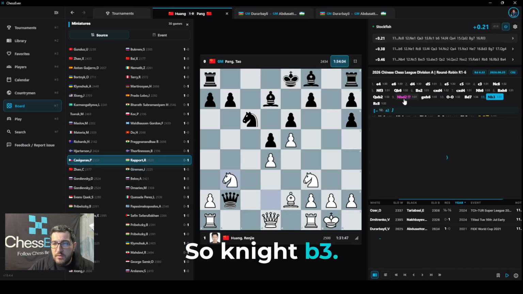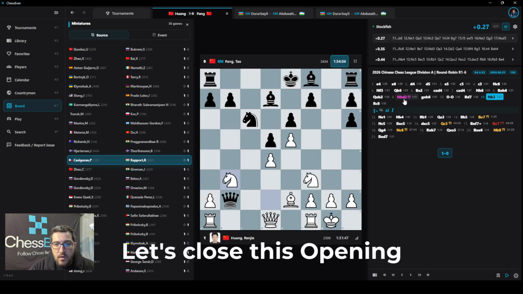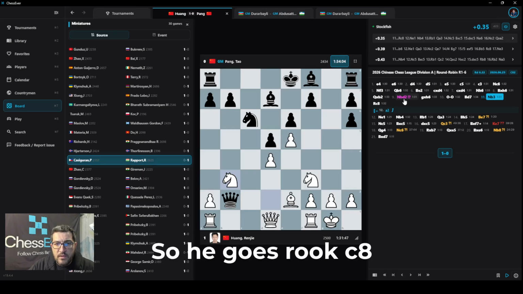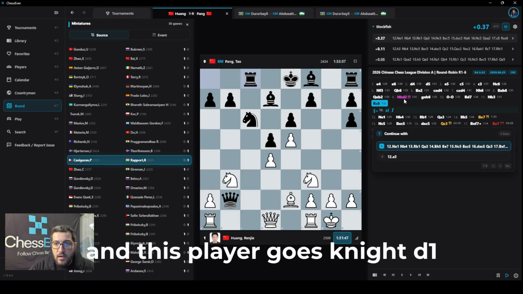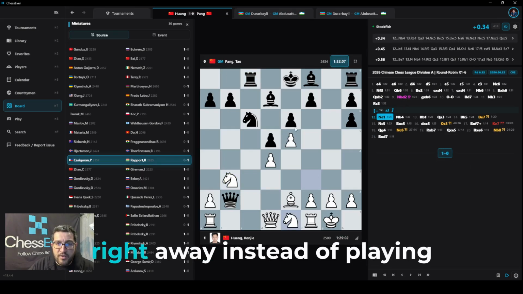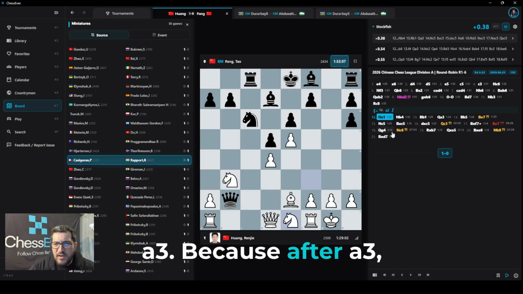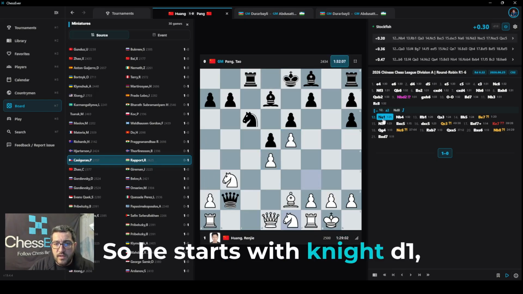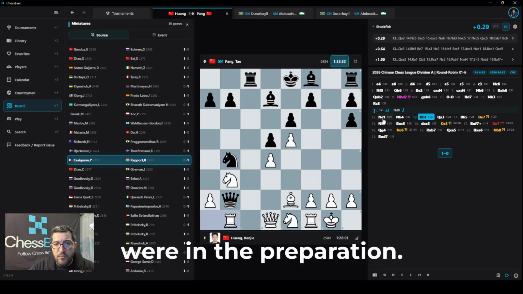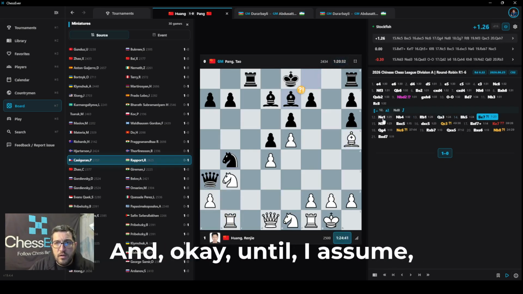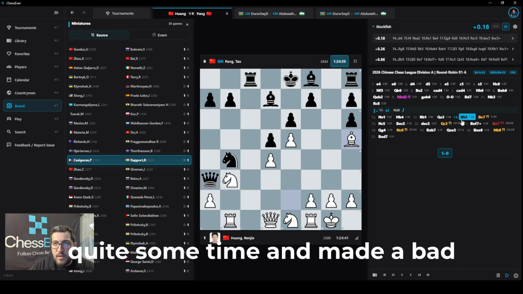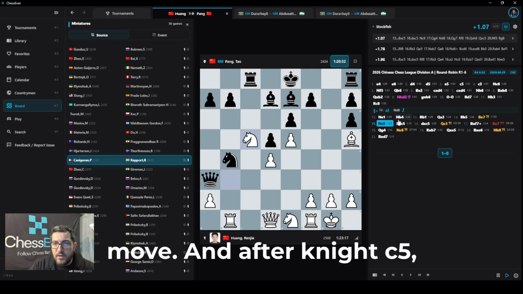So knight b3. Let's close this opening explorer, which has all the latest games. He goes rook c8, and this player goes knight d1 right away instead of playing a3, because after a3, I think there was a very strong knight d8 move. So he starts with knight d1, and it looks like both of them were in preparation. And okay, until this point where Black thought quite some time and made the bad move. And after knight c5,